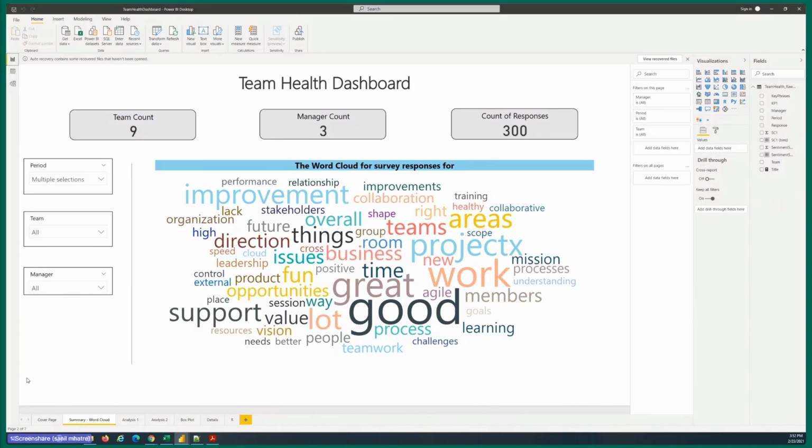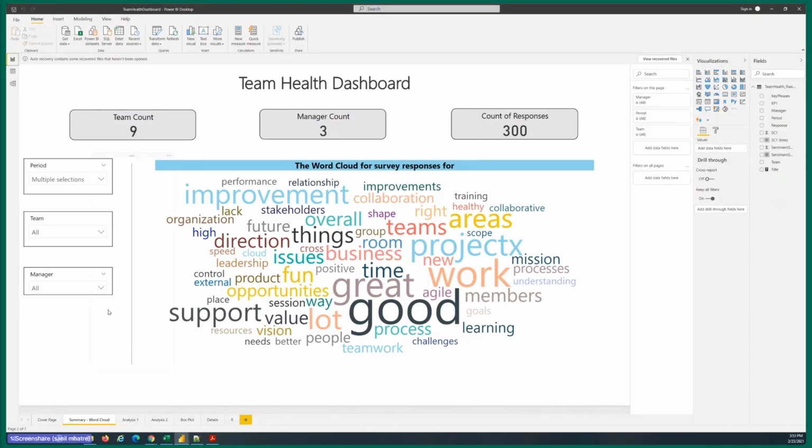So first up is this entry page, this summary page. And typically, it's good to give your users some high-level information about the data set that you're going to analyze for them.